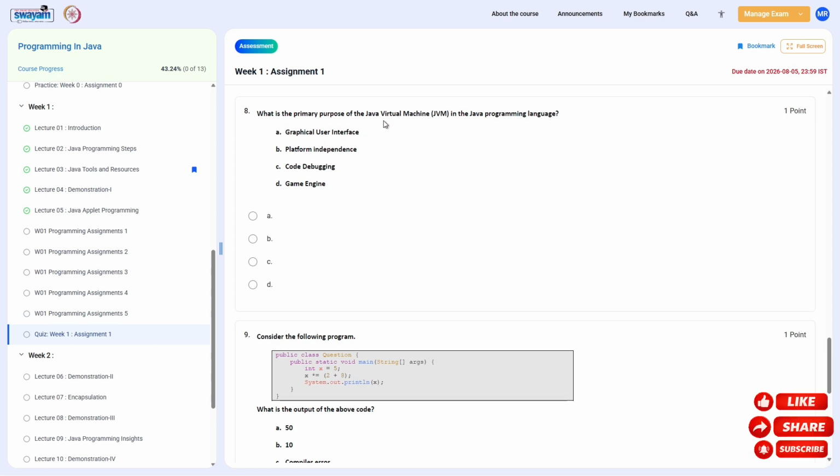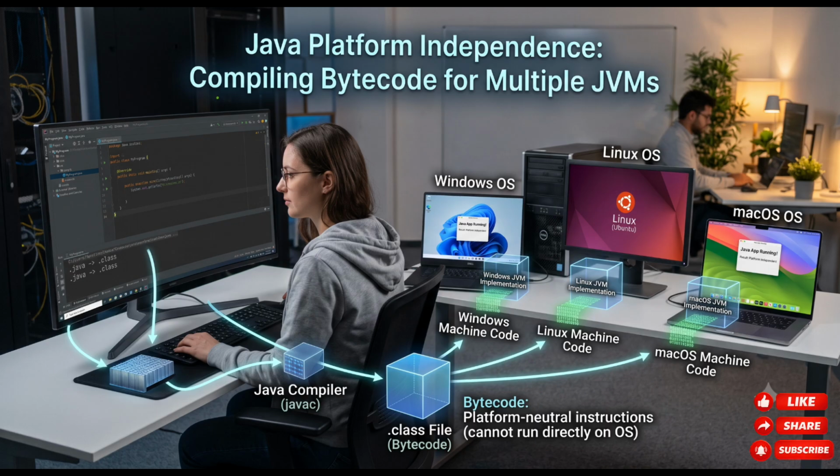To answer this question, let's first understand what the Java Virtual Machine does. When a Java program is compiled, the Java compiler, called javac, converts the source code into Java bytecode, which is stored in a .class file. This bytecode cannot run directly on the operating system. The Java Virtual Machine, or JVM, is responsible for reading this bytecode and converting it into machine code that the